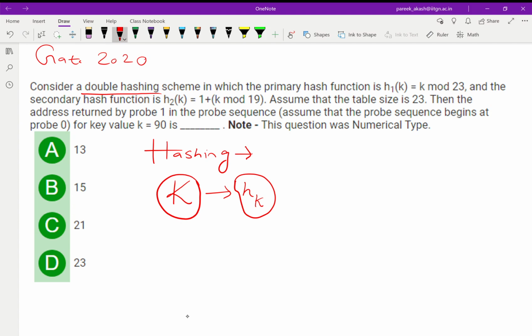And the process for converting K to HK requires a function. That function we call a hash function.